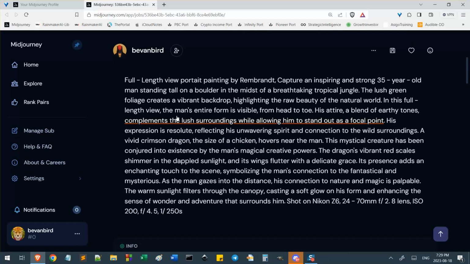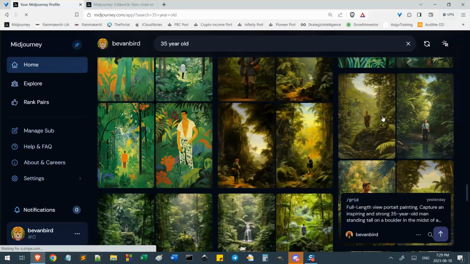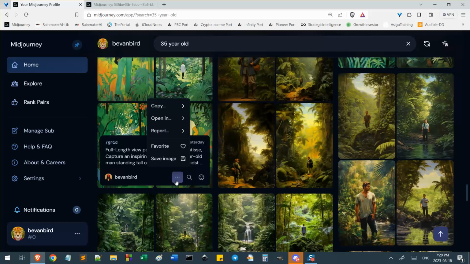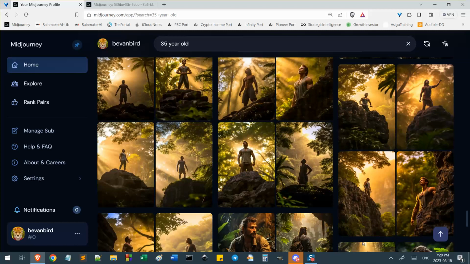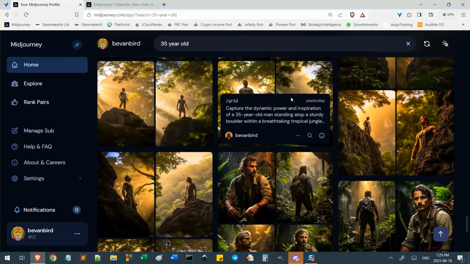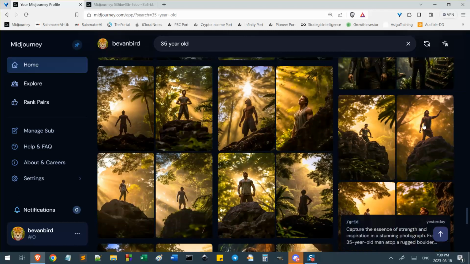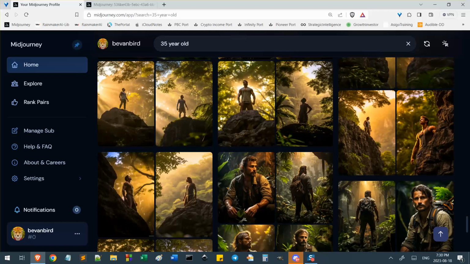What we can do on these is just click the heart, the favorite button, on certain ones. I'm going to go through and do that, because it'll take longer to upscale certain ones. Actually, it doesn't take that long, but if I do one that I want to use or might want to use, this might not be that bad up here.